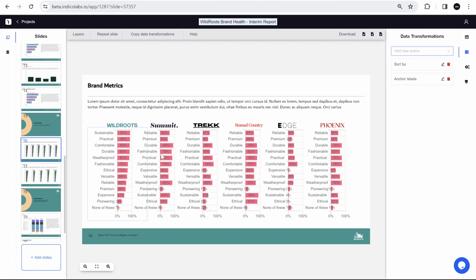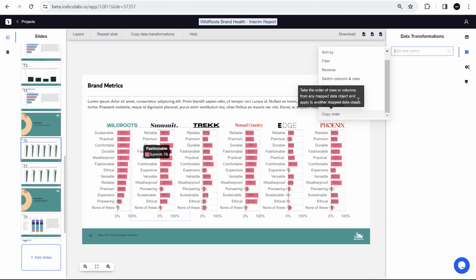For the next chart, you could just do the same thing. You could sort the data based on wild roots. That would totally work. I'm going to show you a different transformation though, because it's quite interesting. Here, we can use the transformation called copy order. You'll have to scroll down slightly